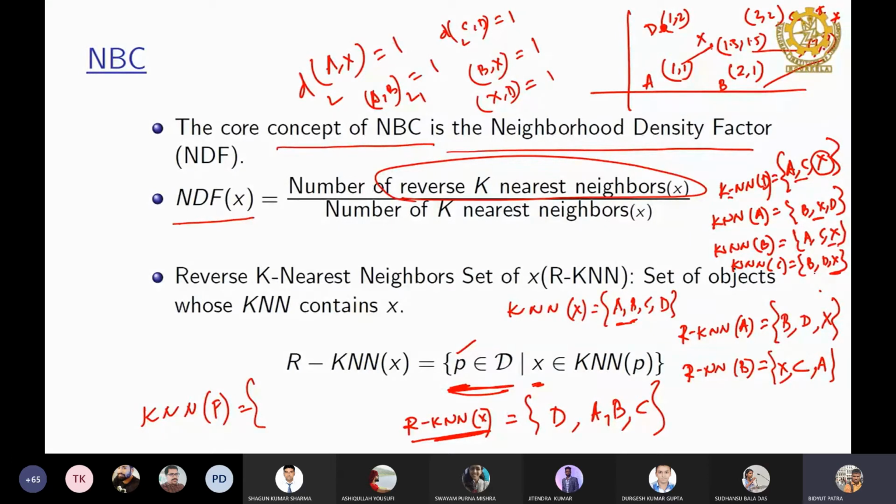So then the K nearest neighbor of the point, we have considered K value is 2. So the closest point from 7, 7 is C. So the first closest neighbor is C. Then the second closest neighbors are at the same distance, so you have to take both. So the points will be B and X. So that is the KNN.